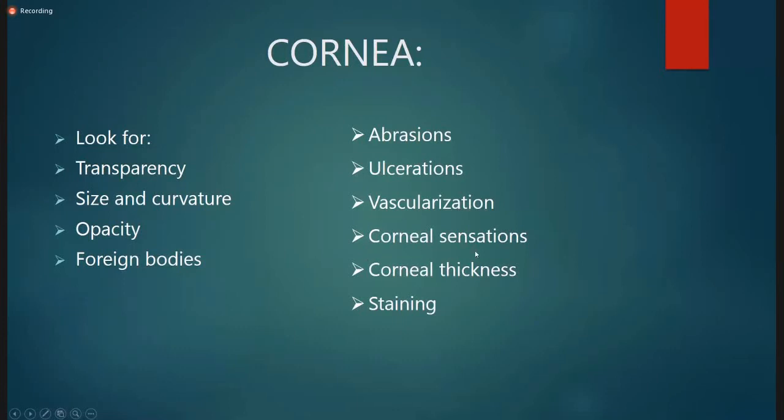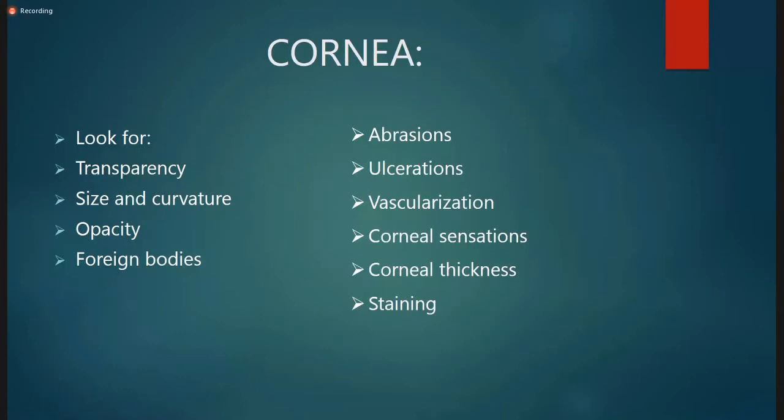You have to check the corneal sensitivity test. Suppose you find an ulcer. Before doing any diagnostic test, before instilling any anesthetic drops, first you should check corneal sensation with a wisp of cotton. The patient looks in front and from the side you can touch the cornea with the cotton swab. If the corneal sensitivity is normal, suppose there is an ulcer, it may be bacterial,